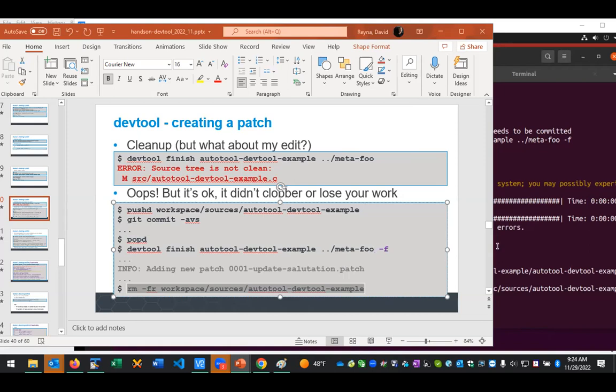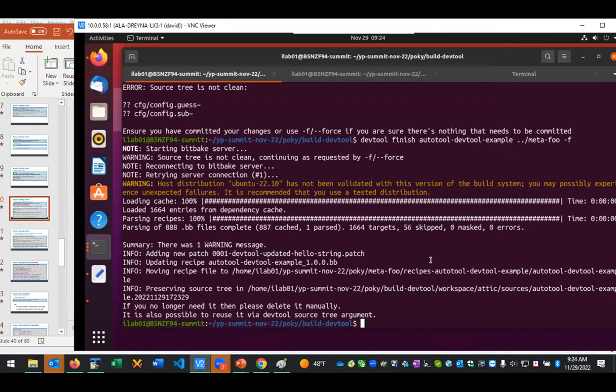But it's like a git force. It will overwrite. If you force it, it'll do what you say. And if you force it again, it'll do that also. So you can fix it that way. Okay. So yes, we're going to delete the local working example because we now have made it part of our